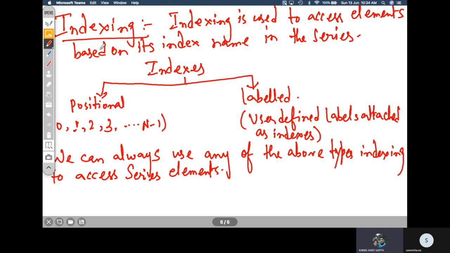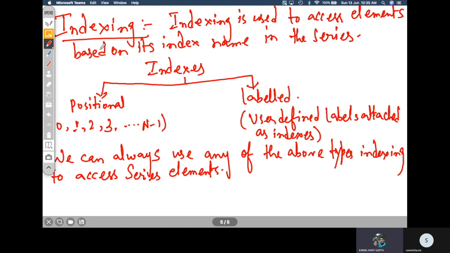I think you have understood that we have also labeled those indexes as names. Just now I have done that with the population, with the label name as the country name, right? India, Pakistan, like that. So that was user defined labels. And then I told you that if you are not giving any indexes, by default it is positional starting from 0.